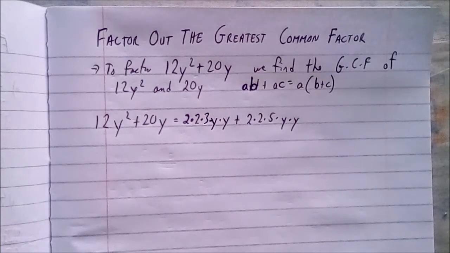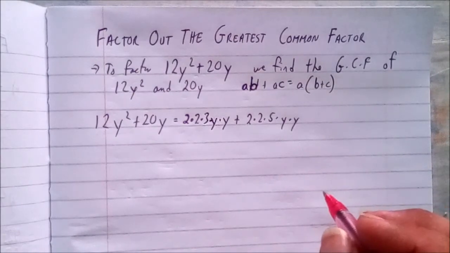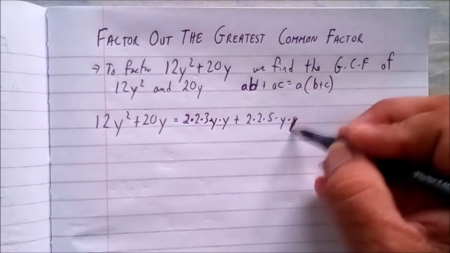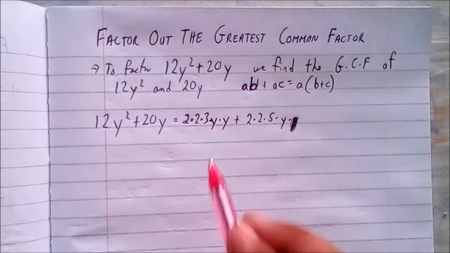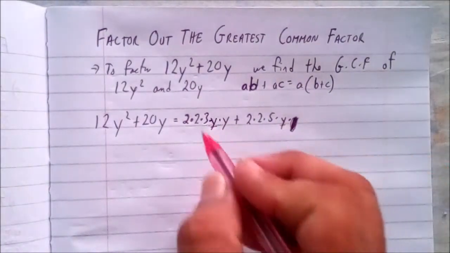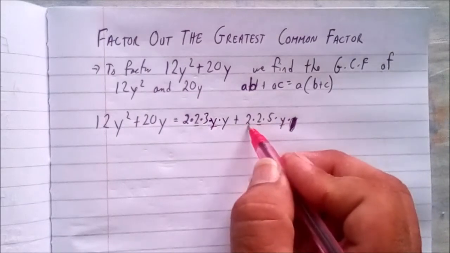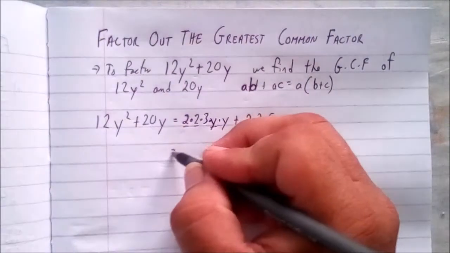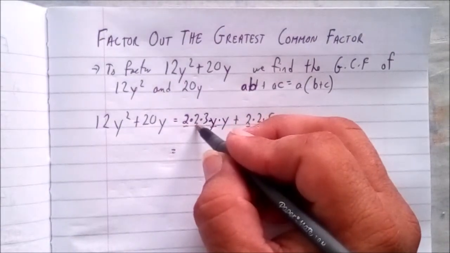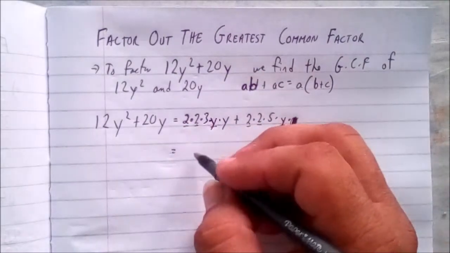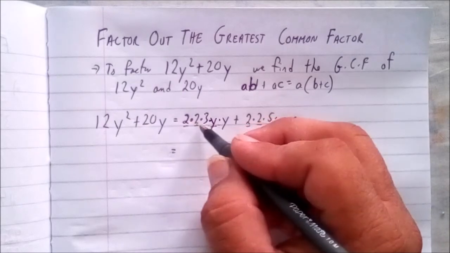So now see what's common with them. Oh no, this is just a single y, so this should not have two y's. Sorry about that, just a single y. So notice here we have y and y, so this is common. There's a 2 here and a 2 here, and there's a 2 here and a 2 here. So now if we work with this piece, 2 times 2 gives us 4. But there's no 3 here, so we can put 2 times 2 times y